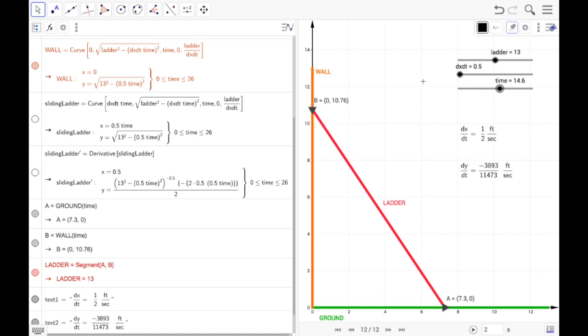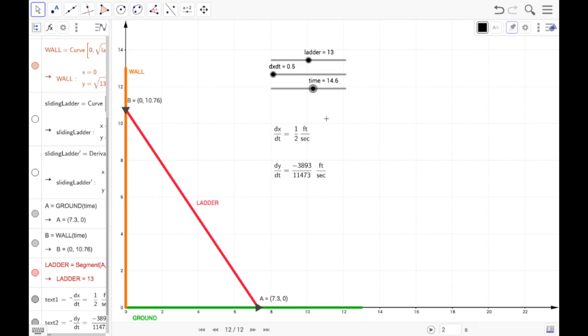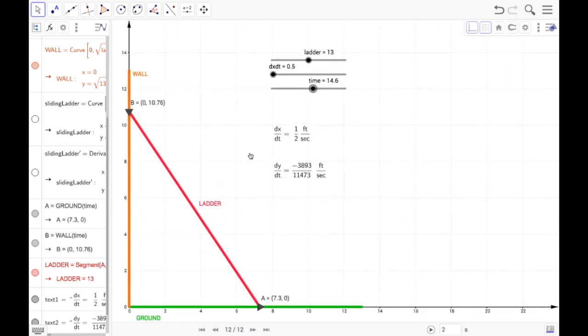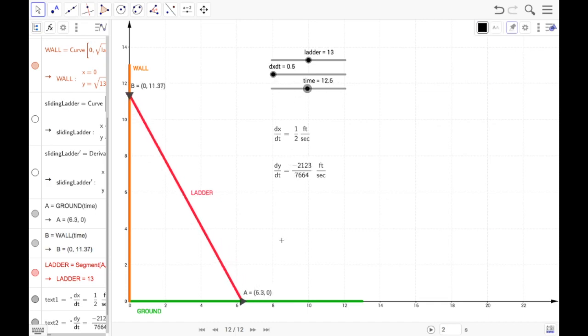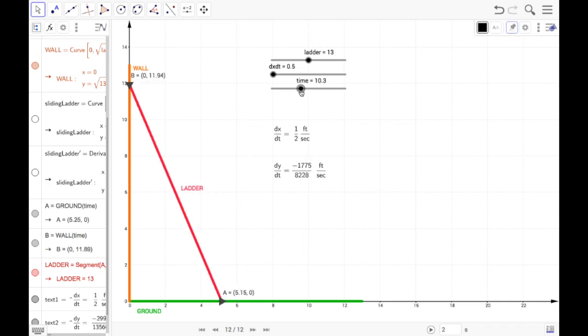And what I want to do now is let's go ahead and just do this problem. Let's slide this back, and we can zoom out. Well, actually, we'll keep it like this. We'll move this down some. And in this problem, we wanted to know when the bottom of the ladder was 5 feet from the wall. We wanted to figure out what this rate is. So let's go ahead and move this along the timeline. Again, we know this first number here signifies the number of feet from the wall. So let's go back until that's 5. Alright, that there is at 5,